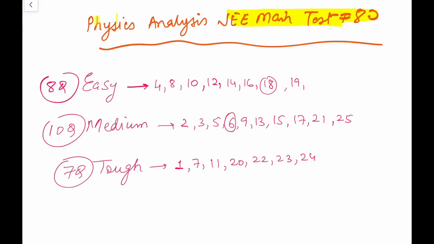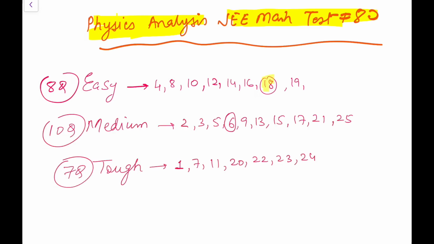I've just solved this JEE Main Test 80 and here's the analysis of the physics section. So the paper is a very nicely designed paper. There are many questions that I haven't seen before. There are some very good questions I have been seeing for the first time, and plus there are many questions which require rigorous calculations. So it was a very nice paper. You can score a little in it, but you can't score very high in it. For scoring very high, you need to be very solid.